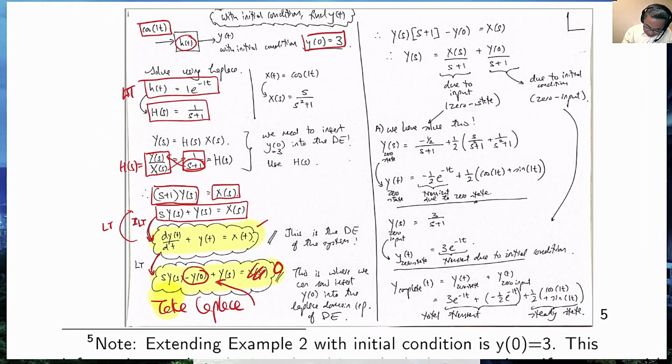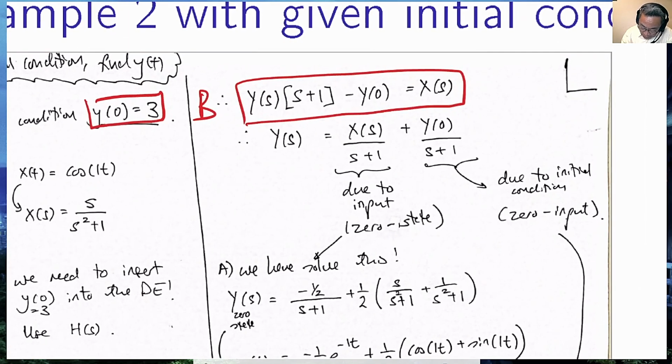So let's now keep on evaluating. So from this point A, we now go to point B, and we have ys bracket s plus 1 minus the initial condition equals xs. Alright, in my example, I kept xs for you, but let's see what I did with it. So finally, I moved this guy onto the right hand side, which is here. Now I will move s plus 1 to the